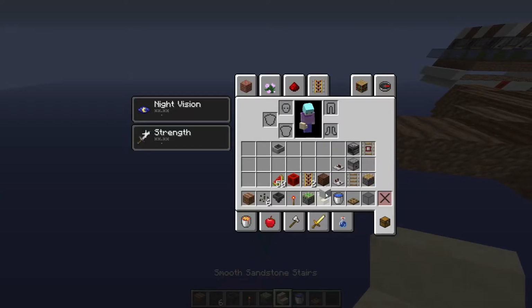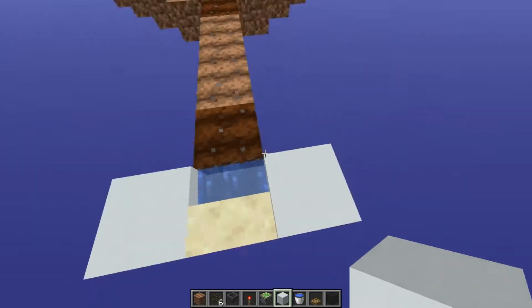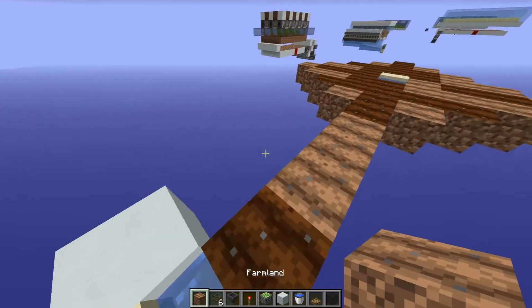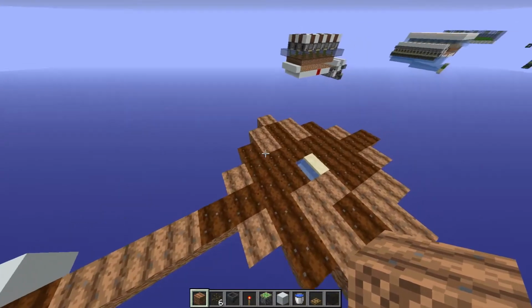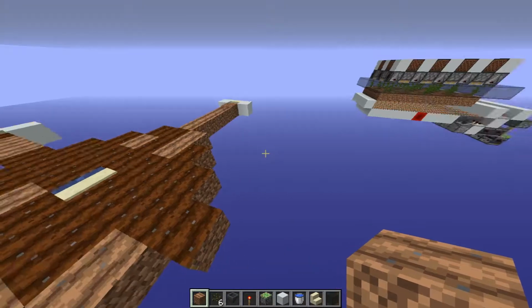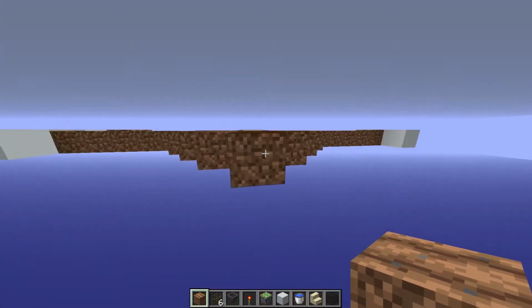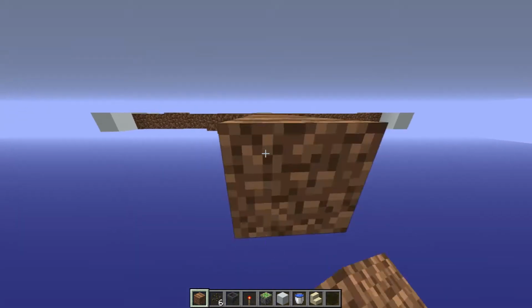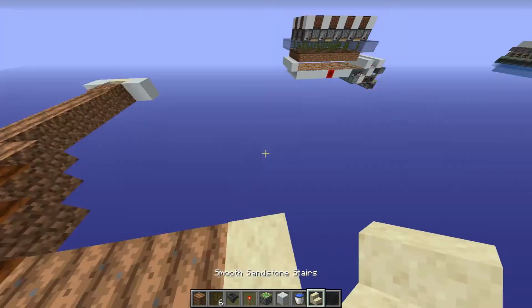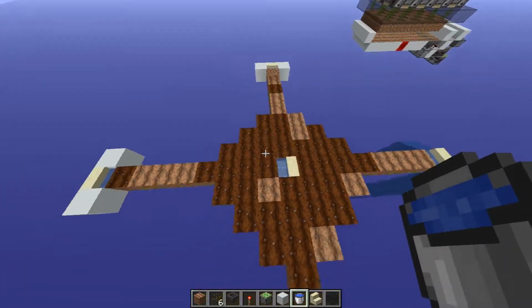And you have to place down blocks on the side of the stairs to stop the water from flowing. And you have to do this for all 4 sides. So now for the side that's going to have a villager, it's going to be a bit different. You have to place down 4 farmlands and put down a stair, and it will also point towards the middle,